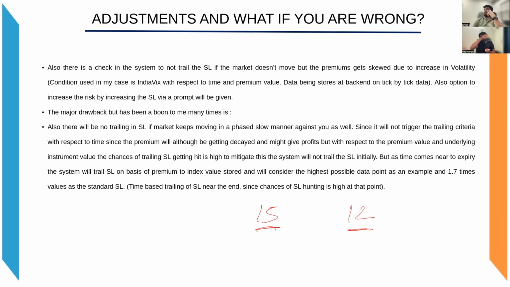एटलीस्ट जो हम 20-21 रुपए का एसएल लेंगे, उसको हम लोग कम से कम 18 कॉस्ट से 2-4 रुपए और ऊपर कर ले रहे हैं, क्योंकि विक्स भी तो अपना बढ़ चुका है। ऑल्दो उसका हिट होगा नहीं होगा अपने को नहीं पता, तो अपने को रिस्क भी इन टाइम फेज मैनर उसको भी गिराते रहना होगा। नाउ एक्सपायरी पे आते जा रहा है, हम इसको टिक बाई टिक पे, यूजुअली अब इसको ऑटोमेट करने का भी हम लोग देख रहे हैं, तो टिक बाई टिक डेटा को हम लोग बैकएंड पे स्टोर करके प्रीमियम वैल्यूज के साथ कंपेयर करके, दैट इज अ वेरी लॉन्ग टॉपिक, वी कैन गो इनटू इट सम अदर टाइम।